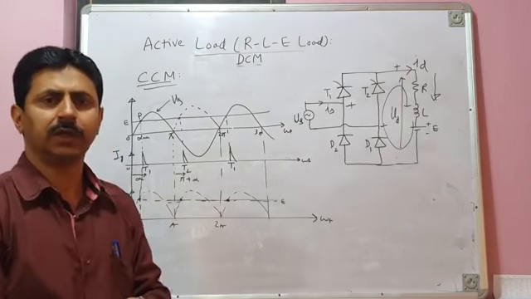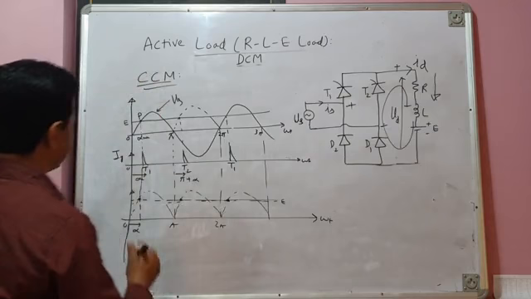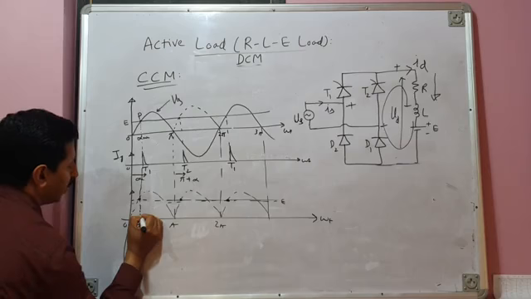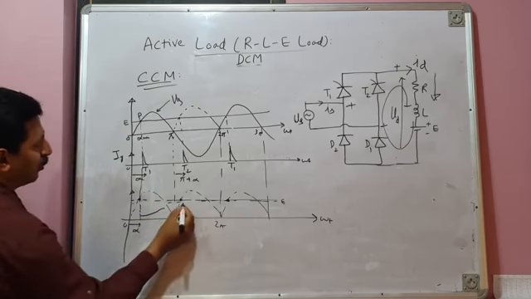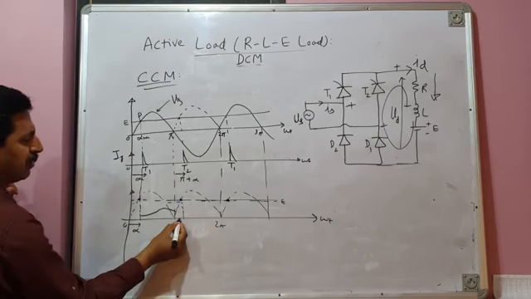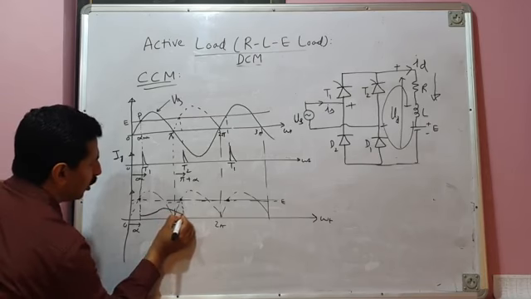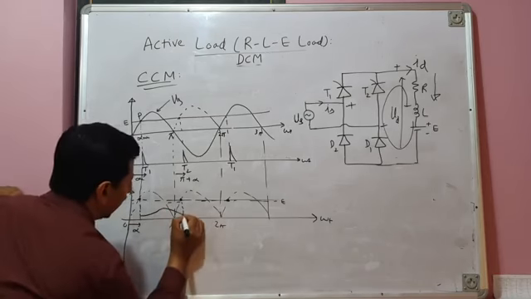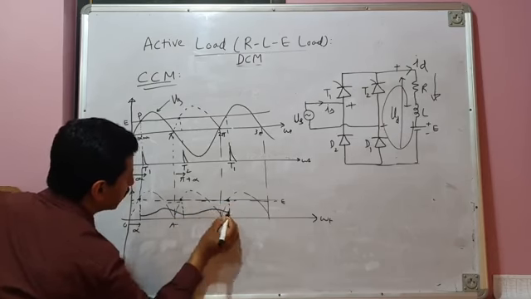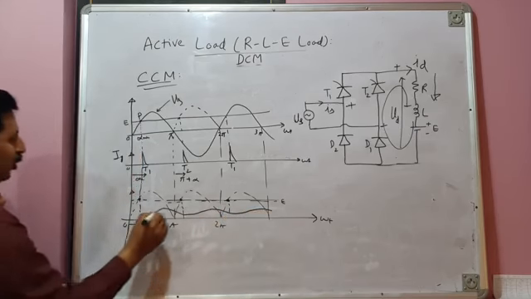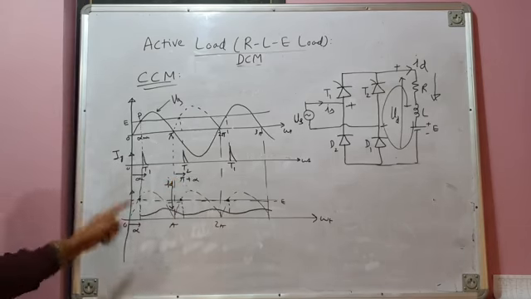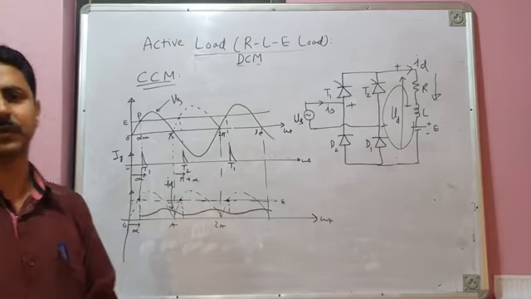Let me first of all show you the load current. Since we are assuming that load current is continuous, I will not start from zero. I will assume that previously current was flowing. So I will start from here. So current is rising. It is reaching peak value somewhere here. And then current starts falling. But I will show you that current is not becoming zero. It is decreasing before it becomes zero. Next firing takes place and current again rises. It reaches peak value. And before it reaches zero, next firing takes place. And therefore your load current is continuous. So this is your load current, ID. It is continuously flowing. At no instant is it becoming zero.